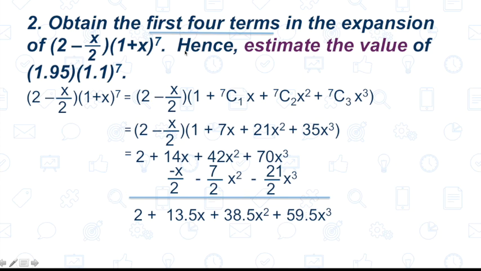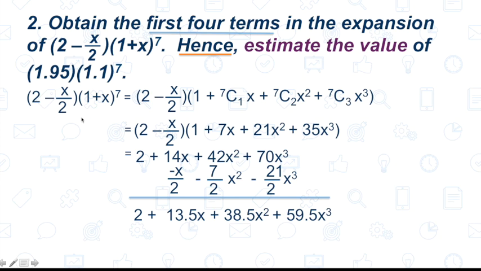Okay, now hence. If you see this word, this command term expects you to use the result from the first question to answer the second question, and that is to estimate the value of 1.95 times 1.1 to the power of 7. Okay, so